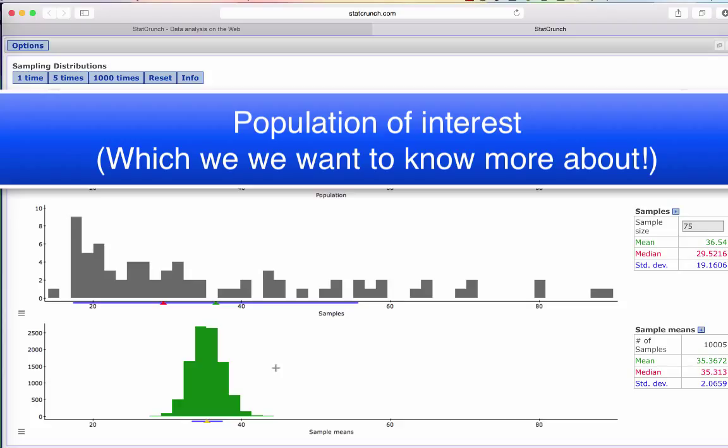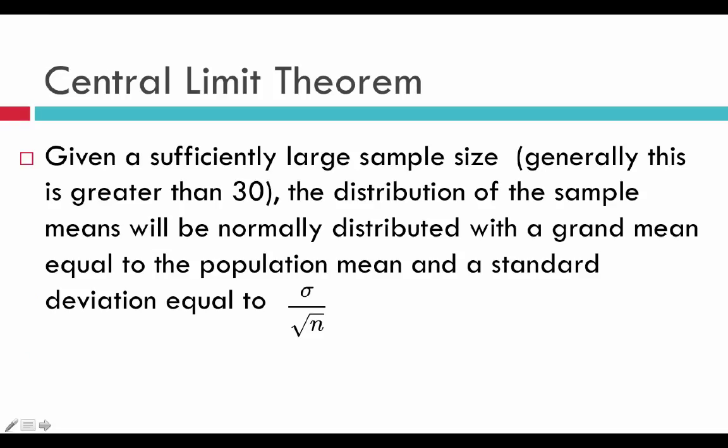This is really important because it allows us to, regardless of whether or not we know the population, or what the shape or the distribution looks like for the population, know what the sampling distribution is going to look like. Now, this sampling distribution is a very important concept within inferential statistics and is the foundation for some very important